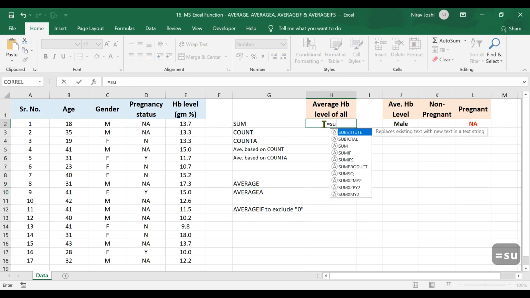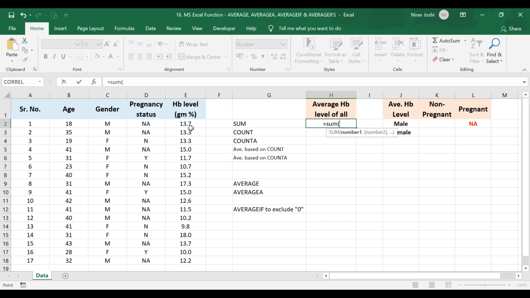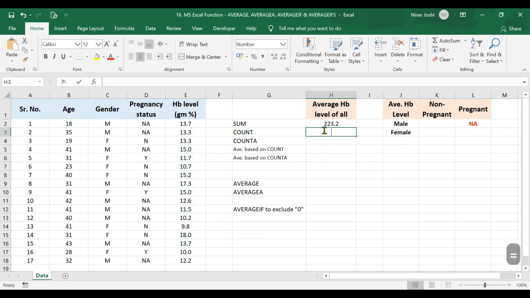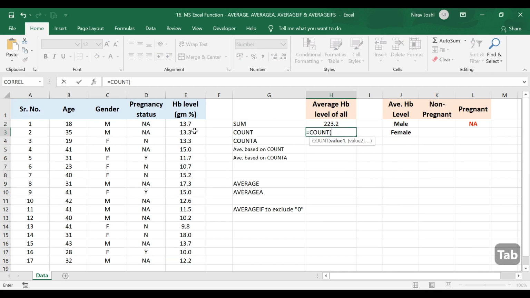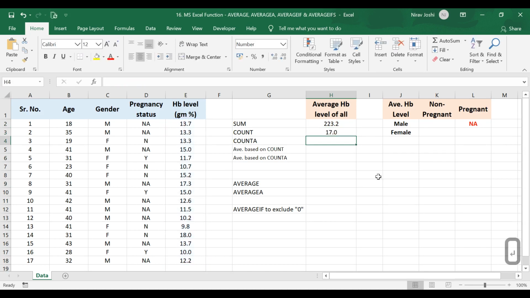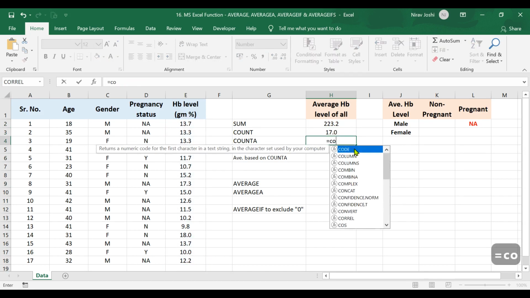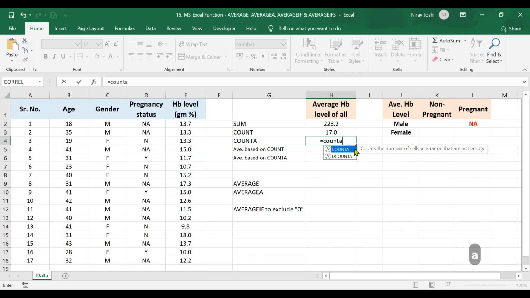So first we will do the sum of all this hemoglobin level, then we will use the COUNT function that we have already discussed in another video, and we will also use COUNTA.